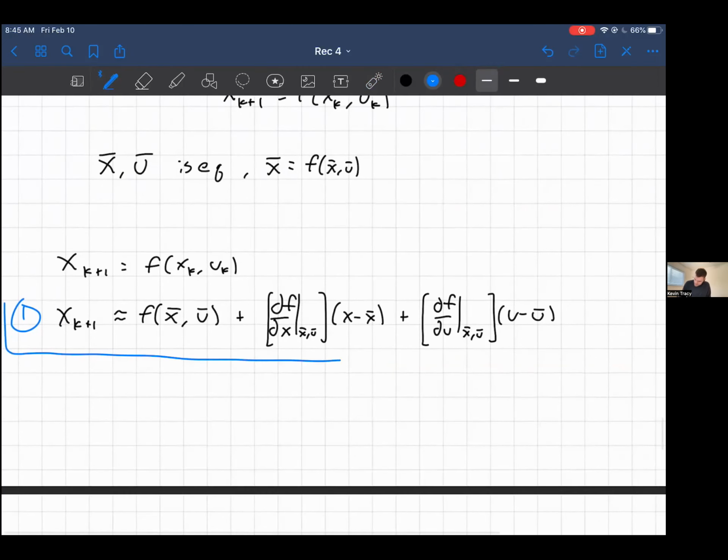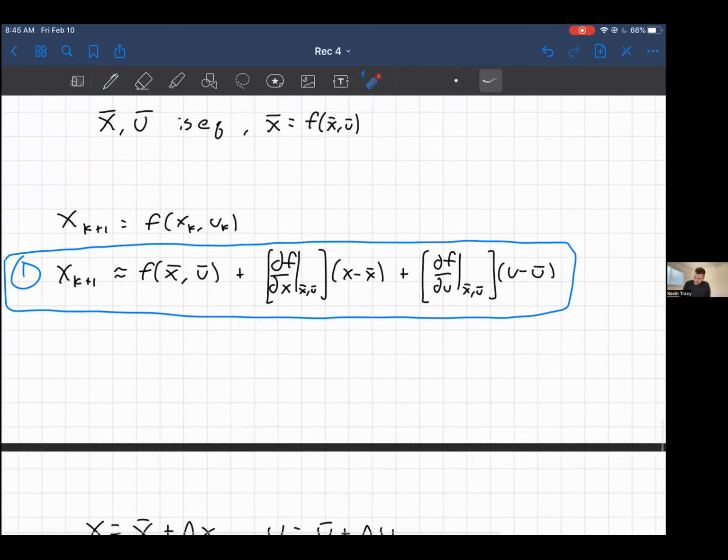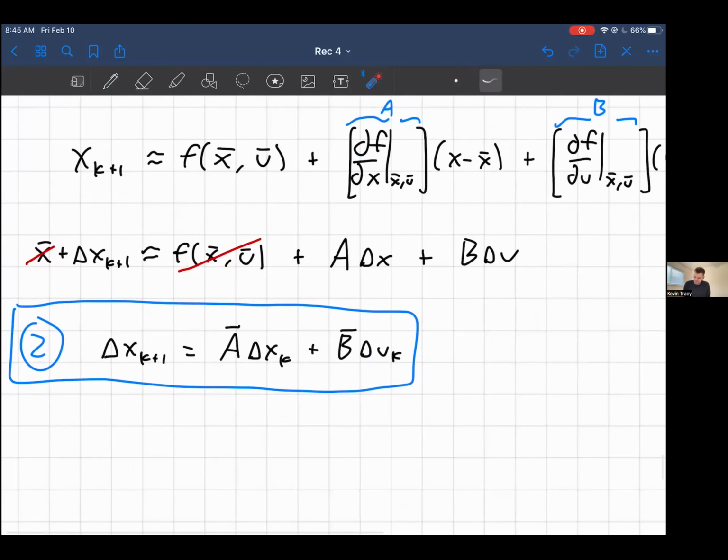So option 1. All I did was I defined an x bar, u bar, and I said this is an equilibrium point, so it's a fixed point in discrete time in our state space. And I took the first order Taylor series, and I saw that if this is in fact a fixed point, these things drop out,